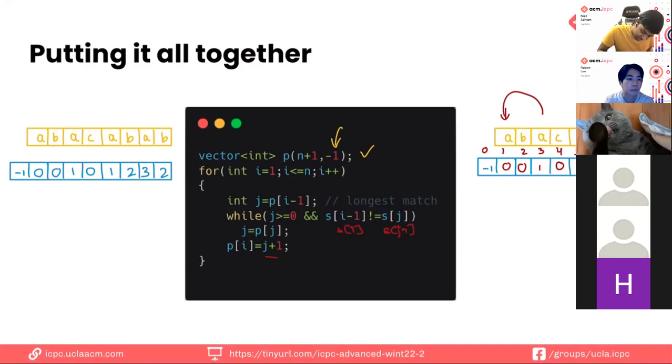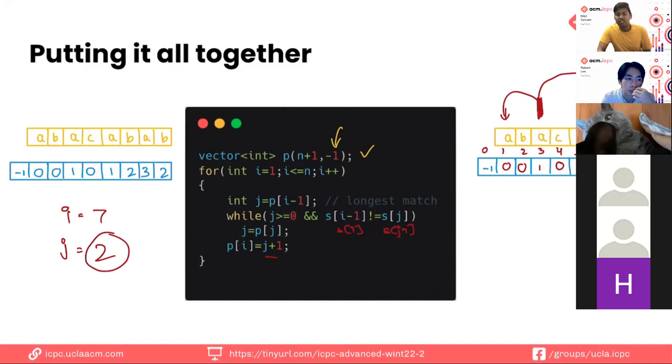now I guess we're looking at I equals 7. We said j equal to p of I minus 1, which is 2, right? Now we check, is Si equal to Sj plus 1? So our Si is this A, and Sj plus 1 is this A again. And we ask, are these equal? They're equal again. So this while loop once again doesn't run. We exit the while loop, and we set Pi equals j plus 1, which is 2 plus 1, which is